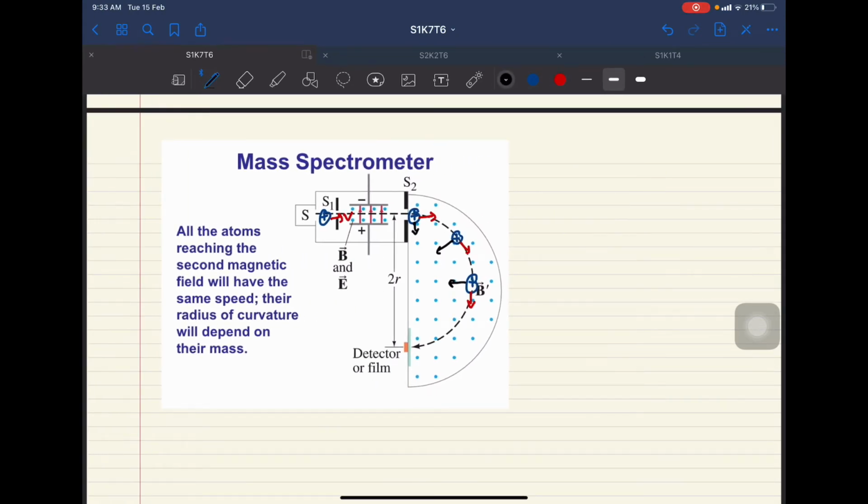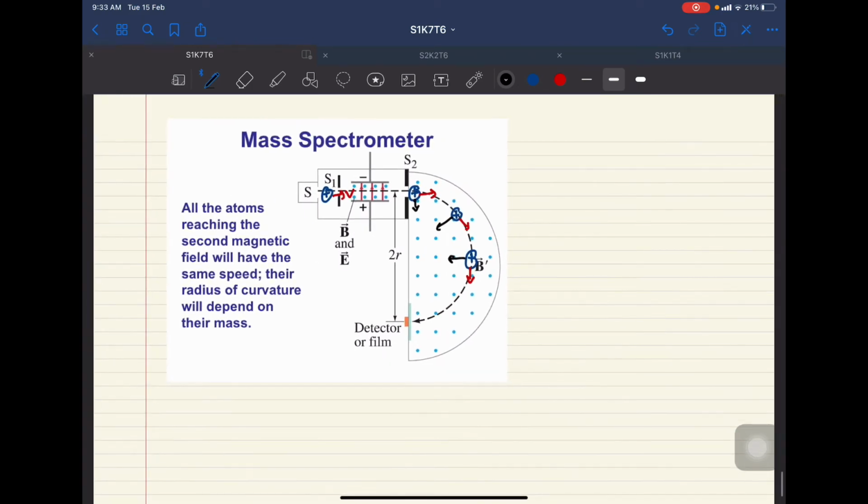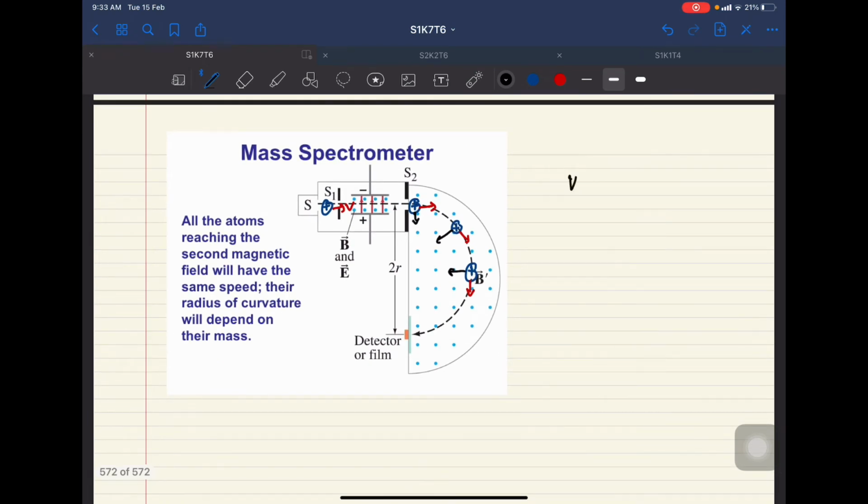So how does it work in terms of the calculations? Previously we know that the velocity that goes out over there is equal to E over B. V is equal to E over B. If they have different magnetic field values, maybe I have to put this one as B1 and B2. Basically for the velocity selector, it uses B1. And then during the circular motion there,